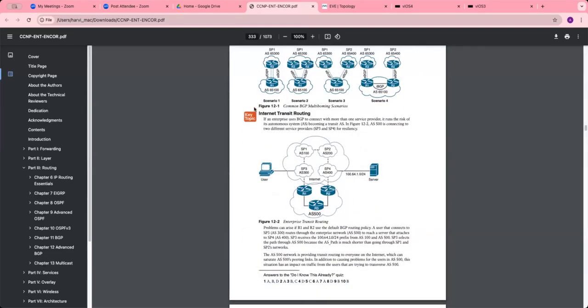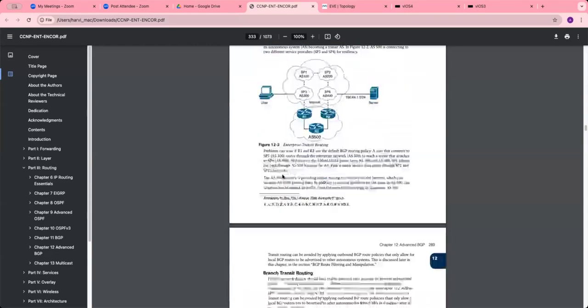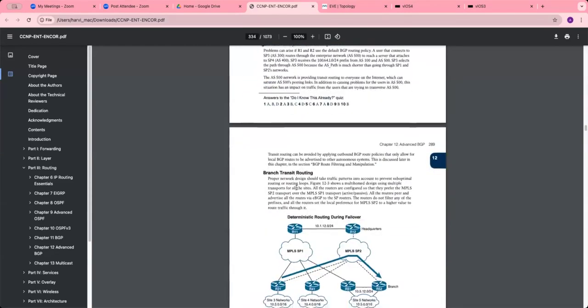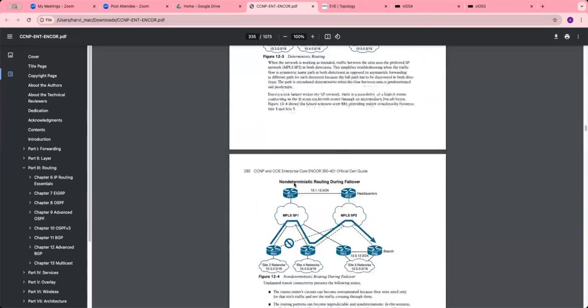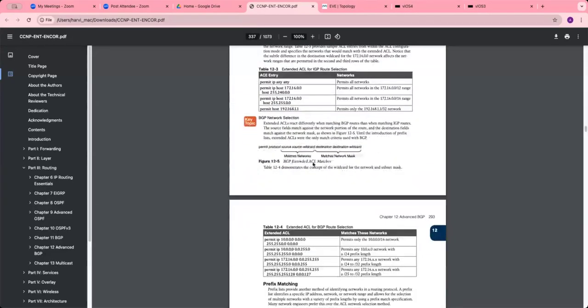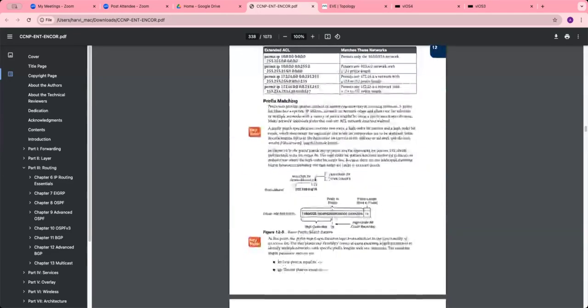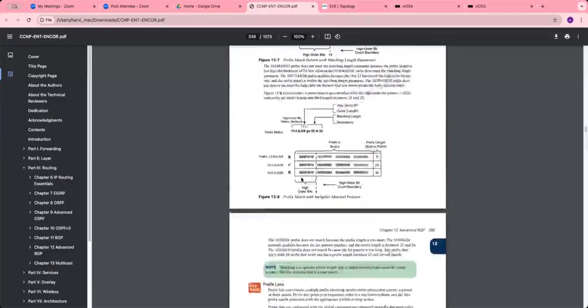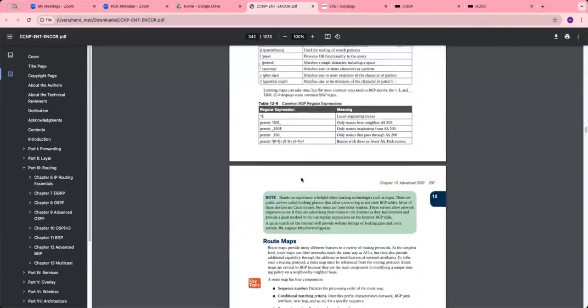But once again, I'll take the example of multi-homing, transit routing, right? I'll explain all this once again to you. Whatever is left in module number 10, we'll talk about that. But before taking all this for module 10, I'll talk about all the attributes, right? I'll talk about the path selection method and attributes, and then we will be going through with what is